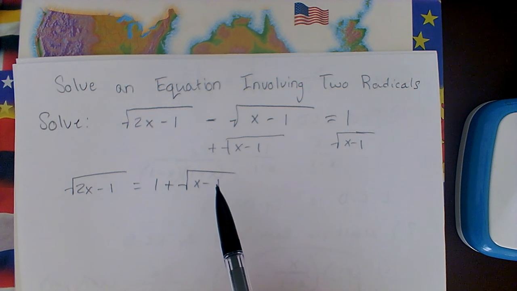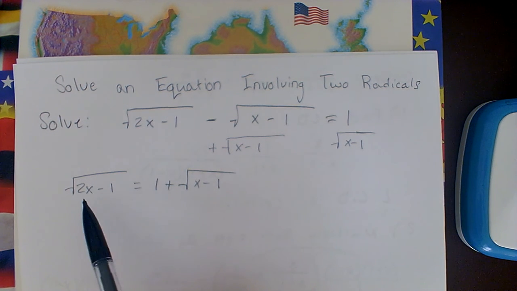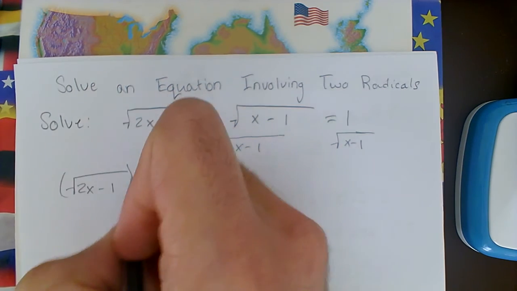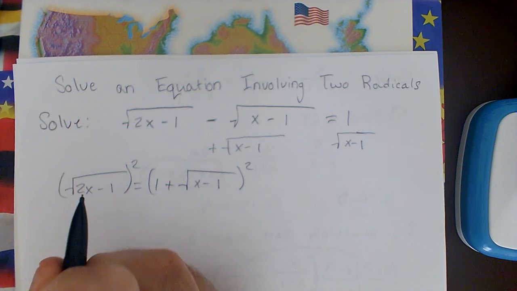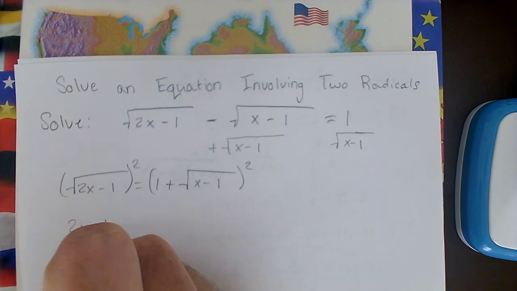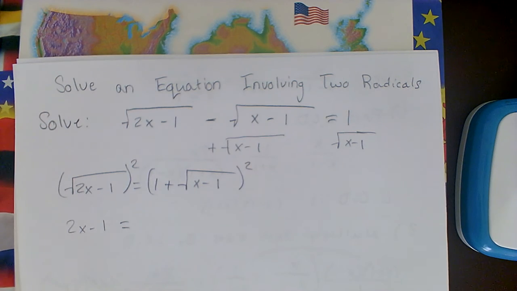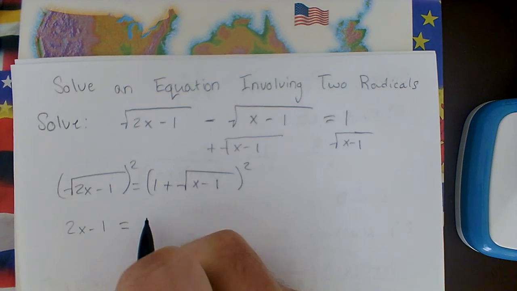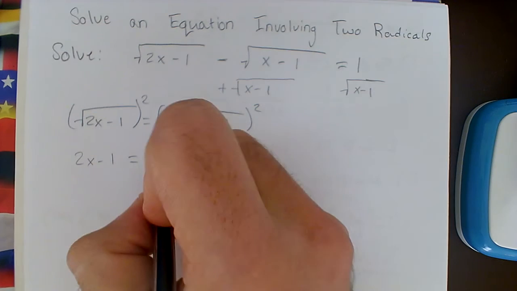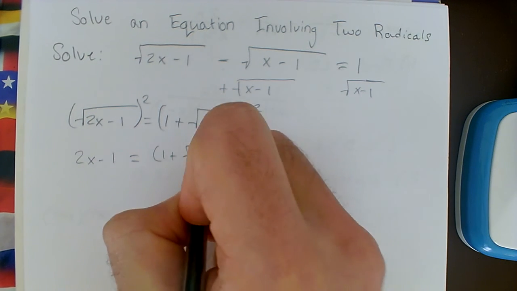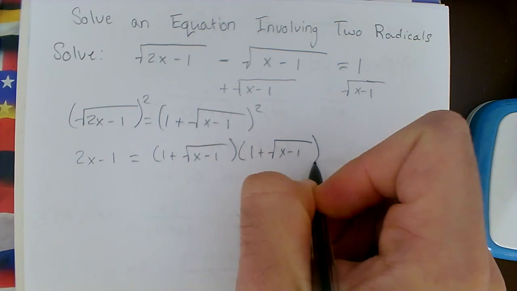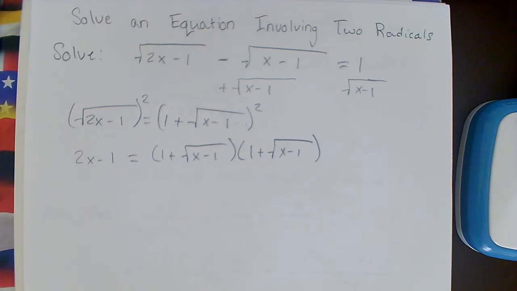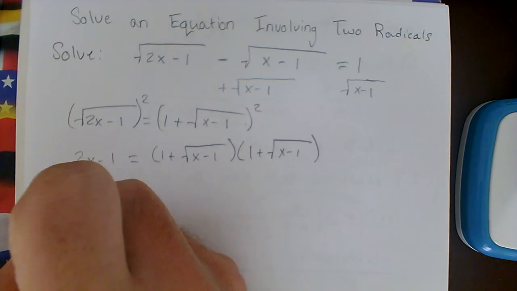Okay, so here's what we do now. We want to get rid of this square root here, so we're going to square both sides. Square one side, you have to square the other. So this one cancels, the square root and the squared cancel, but this one we have to FOIL out. If I rewrite the squared here, this is just 1 plus root x minus 1 times 1 plus root x minus 1. These two are the same thing. That's the definition of squared. Okay, so if I FOIL this out,